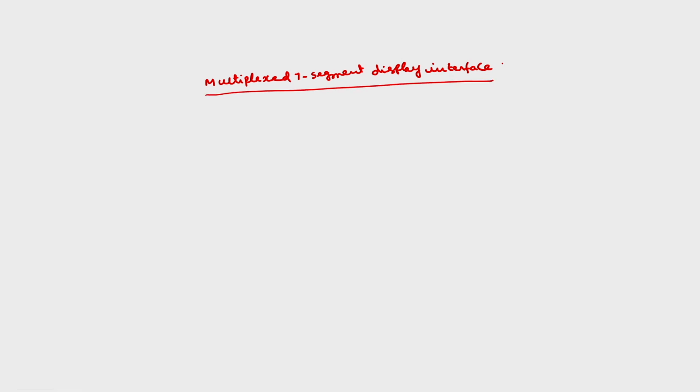Now I am going to discuss multiplexing of 7 segment displays. Multiplexed 7 segment display interface. Let us assume that we want to connect 8 7 segment displays.